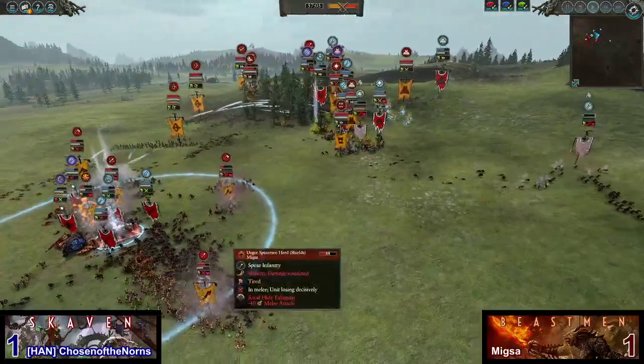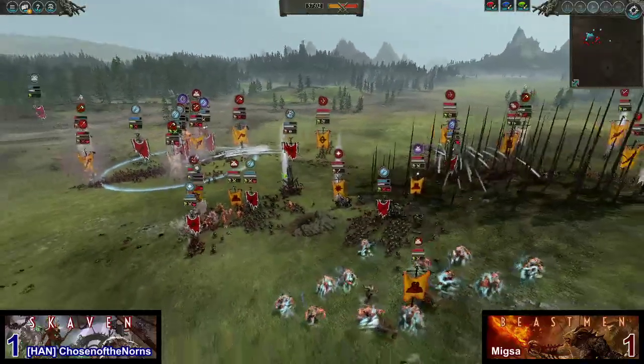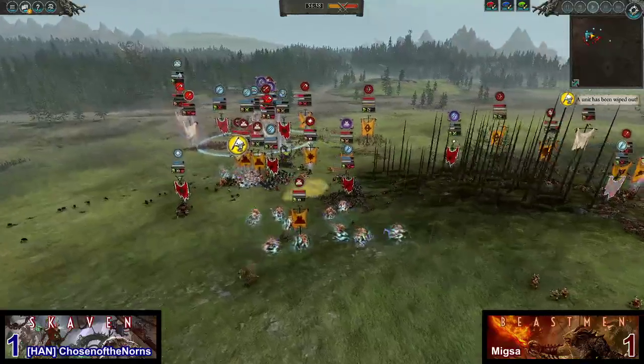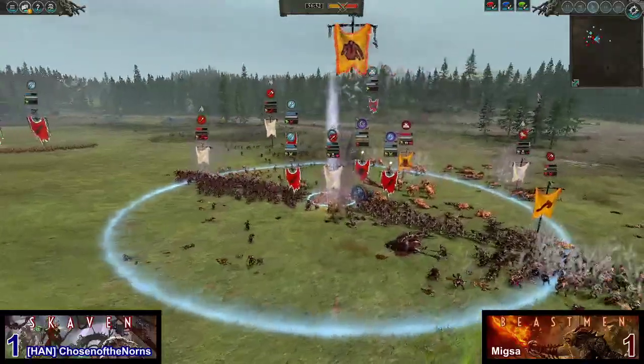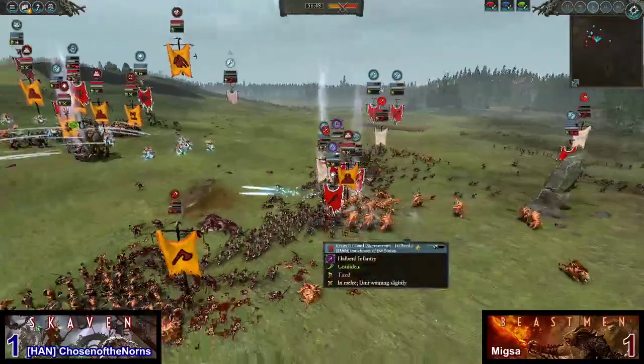Stormvermin just seem like they're completely outclassing the Beastmen infantry in this matchup. And I mentioned that in the previous battle with Beastmen versus Skaven, where I do think Skaven just have some infantry choices that can be absolutely devastating for the Beastmen infantry. And right here, a huge terror rout as the Wheels of Doom come over here and just rout everything besides